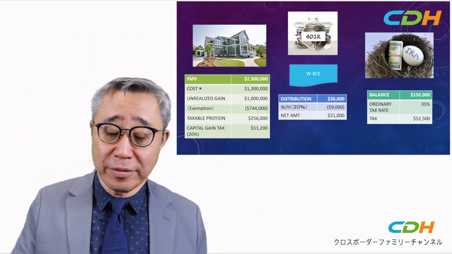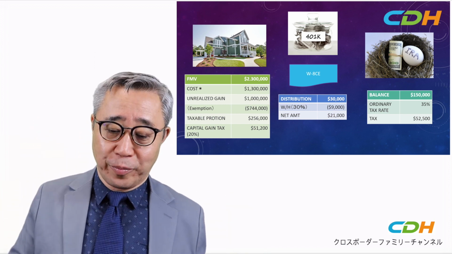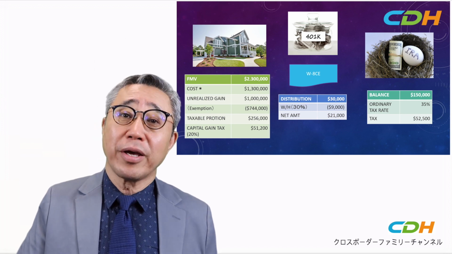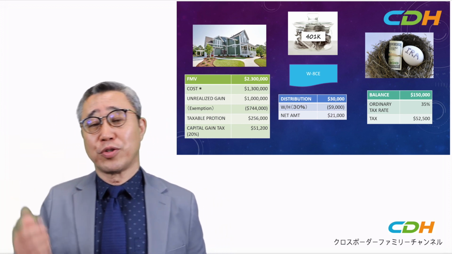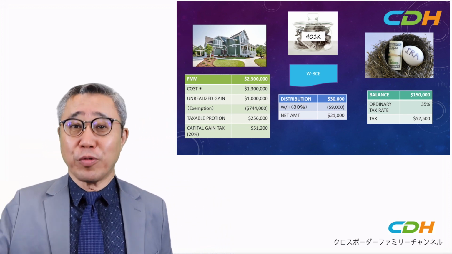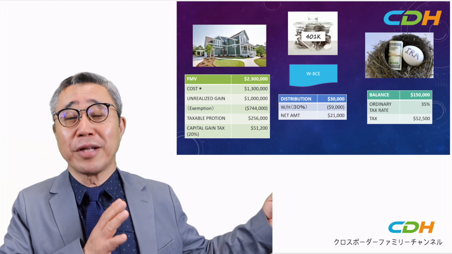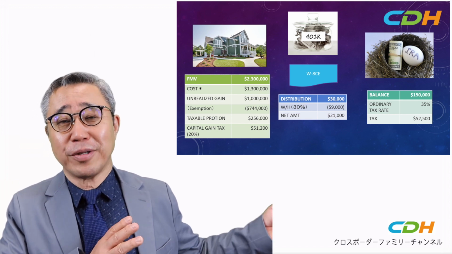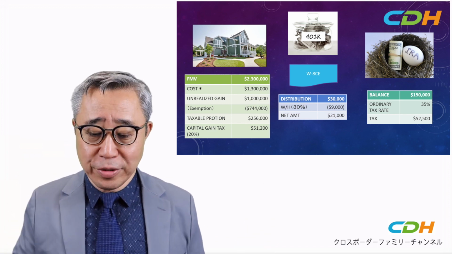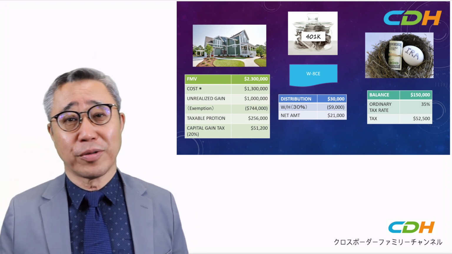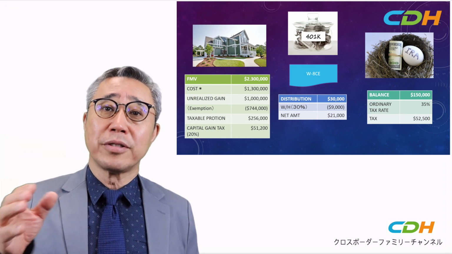So I have $150,000. Let's say my ordinary income tax rate in the year that I get out is 35%, I have to pay $52,500, even if I don't distribute, even if I don't liquidate. Well, my government, please, I still have my 401k, I want to keep it, $150,000, but I want to get out. The US government says, okay, you can keep it, but I must tax you $52,500. Okay, you must give me $52,500.